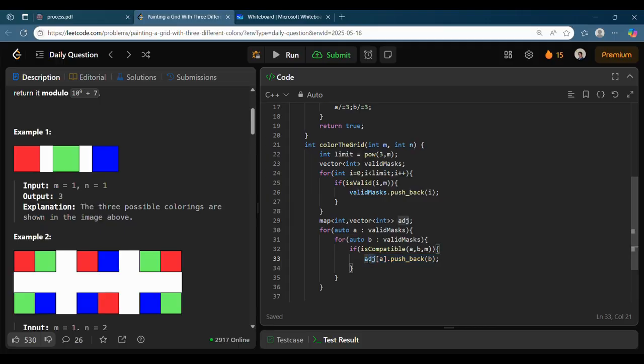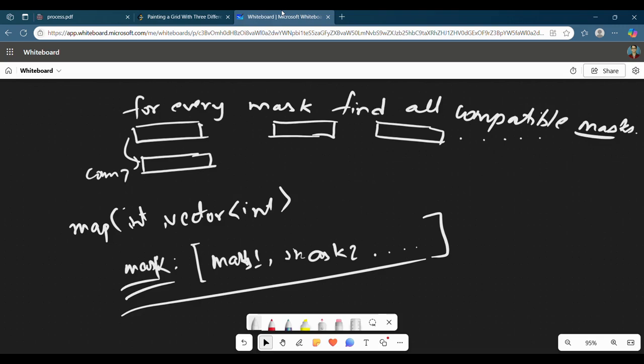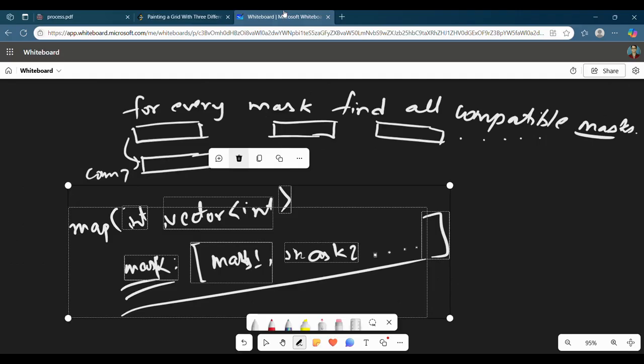But why are we not doing that here? If you try to see, A and B are analogous to each other, right? They are all elements of the mask. So if, let's say, 2 and 5 are two elements of the valid masks, then both will be taken in both the iterations. So anyway B, A will be pushed. We don't want any duplicates, so only one value we push. So yeah, we have this adjacency list now ready. Okay, now we are ready to create the DP.